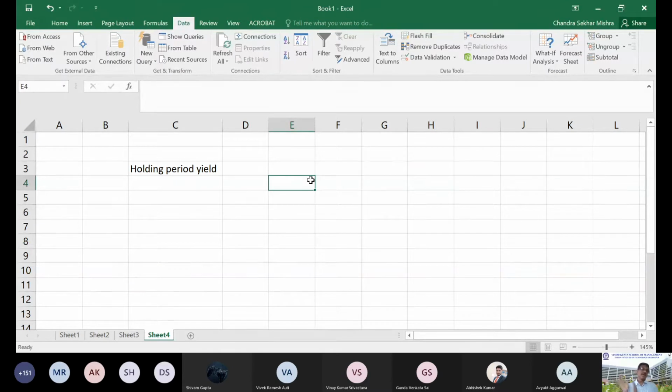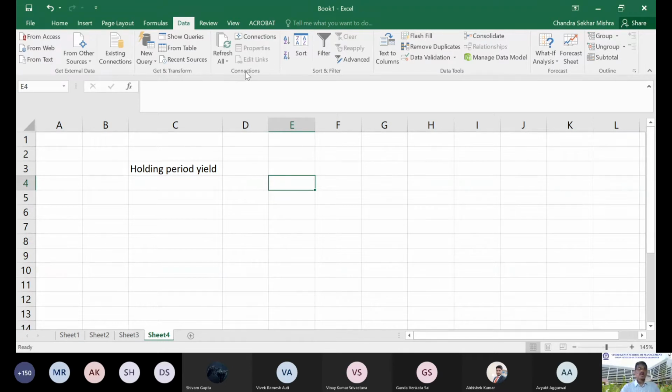It will be the price that you got at the end of fourth year and the price that you invested, and whatever interest you got in between, that you factor in and find out the holding period yield. In yield to maturity, the holding period is the same as the maturity period, but holding period may not be the same as maturity period. Holding period depends upon till when you keep the bond in your hand, and then you sell it. You don't send it to the company. If that call option is not there, you will rather sell in the market. Somebody else will buy that bond as such. Okay, right.